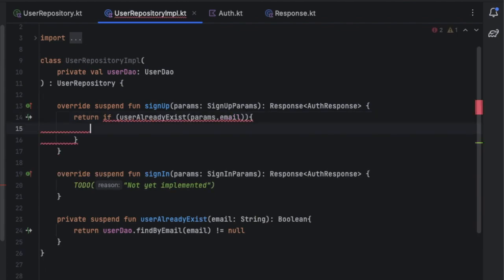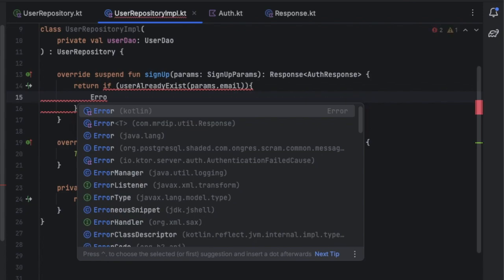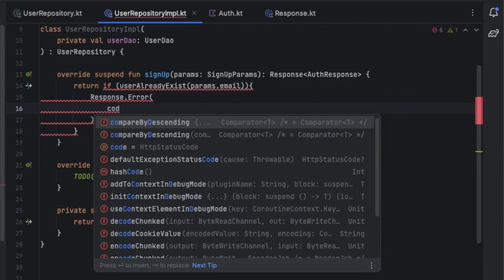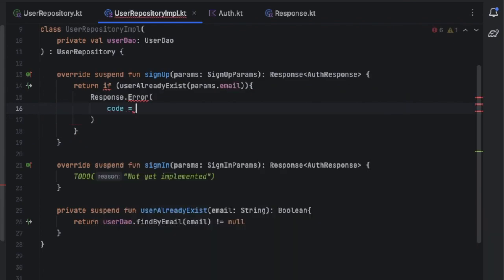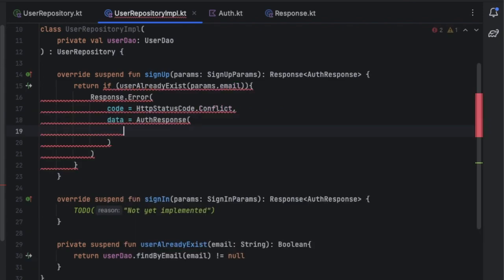So if that's the case, we're going to return an error response. Select error from our util package, and for the code we'll pass HTTP status code.conflict,